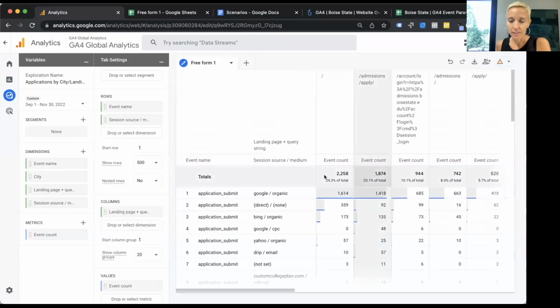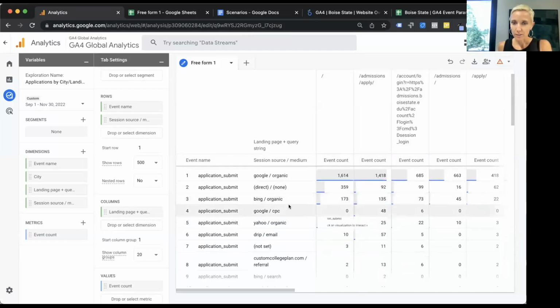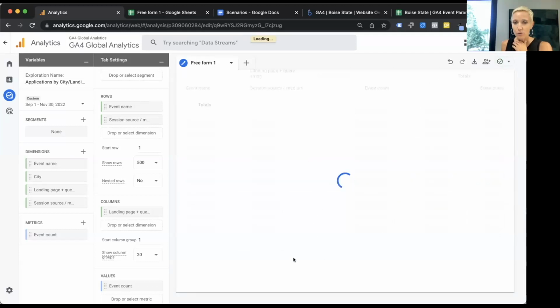All right, and now I can see that Google Organic looks like it's driving the most. Direct, Bing Organic, Google CPC. So maybe I just want to see this paid search because maybe I'm responsible for a paid search campaign. So again, I can highlight that row and include only that row and get a better view of those landing pages.